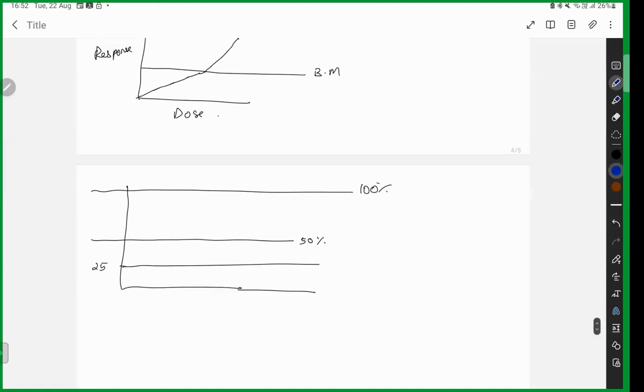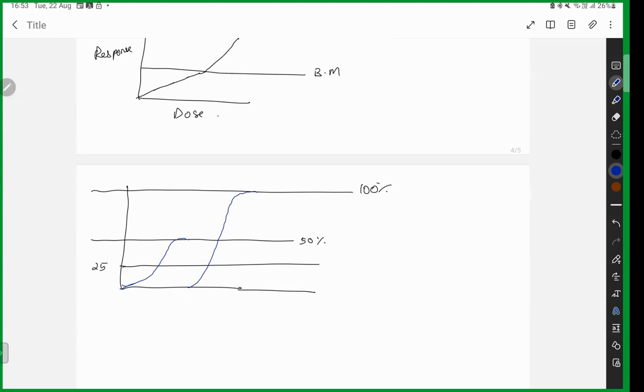Okay, so see here, maybe for example, drug A can attain 50%. Drug A, if you look, attains 50% at the initial dose itself. Another one, what is drug B? Drug B gives the maximum response. It can occur, 100% response. At maximum dose, the maximum response can be 100%.